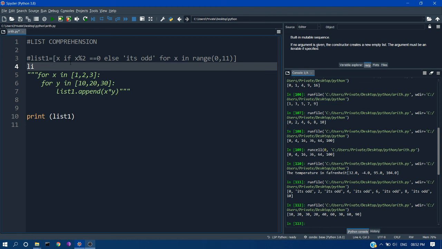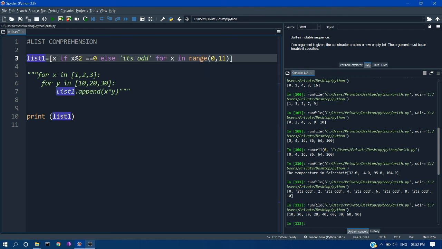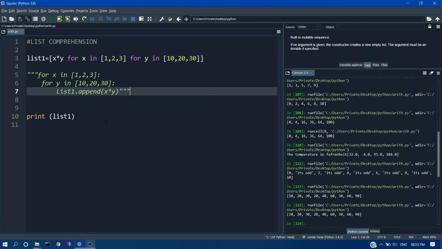For that I'm just commenting it out. Now I will use the list1, in which we'll delete this for understanding. Here I'm just multiplying x star y. For x in, I will open the list 1 2 3. This x in 1 2 3 will be our parent loop, and after that we have to give a space, and here we have to use the nested loop, for y in 10 20 and 30. If you run this, you can see the same result. You can see how much it has simplified our effort of creating a nested loop.